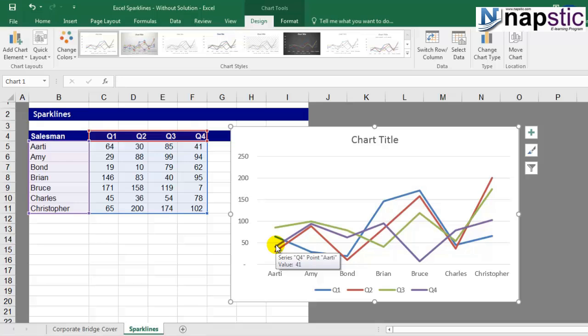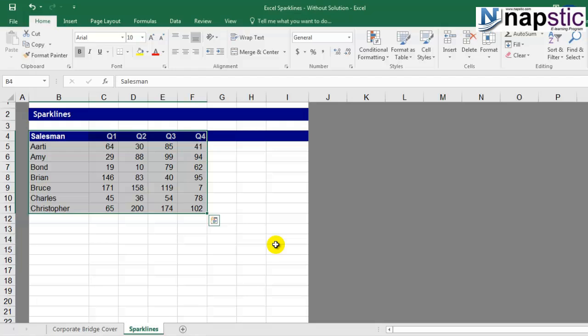But if we were to analyze this line chart, it will take us a lot of time. Not only that, the data is looking extremely confusing as of now. It's very difficult to judge as to who has performed better in which quarter, right? So we are not able to arrive at any suitable conclusion if we were to consider only this. So let's try out sparklines if that helps. So we'll just delete this graph as of now, and let's now move on to the sparklines.